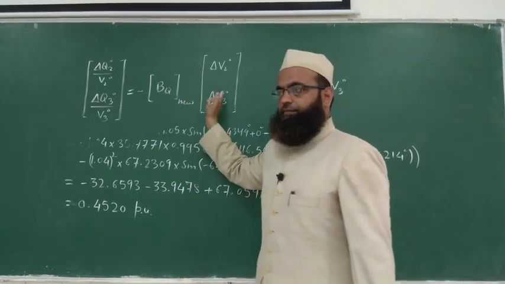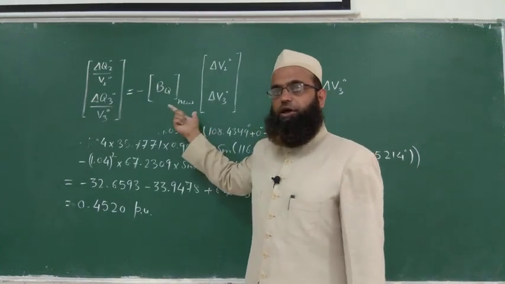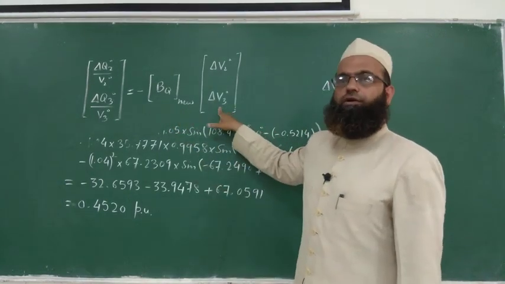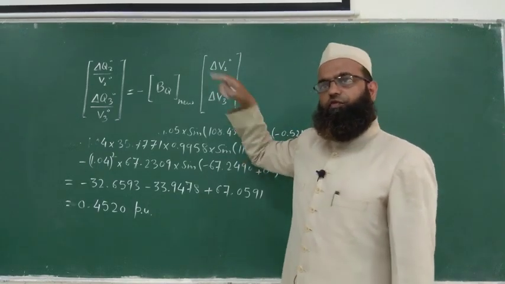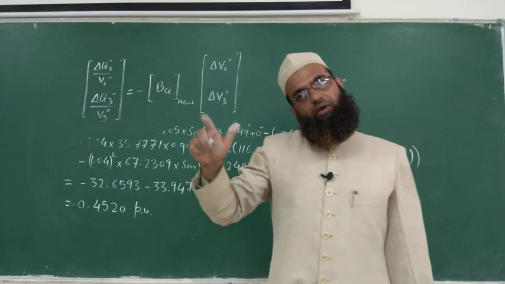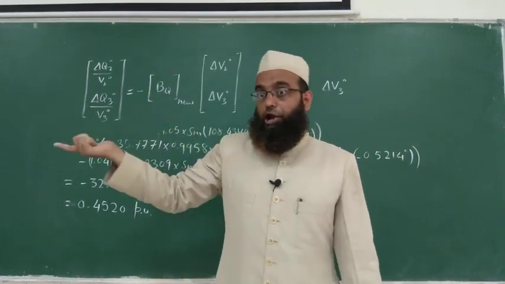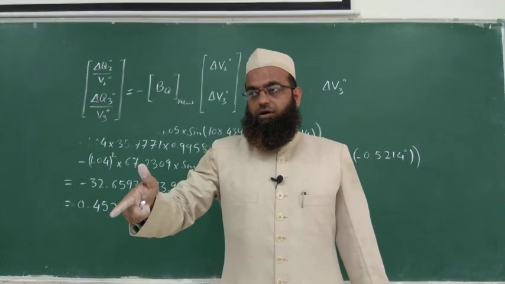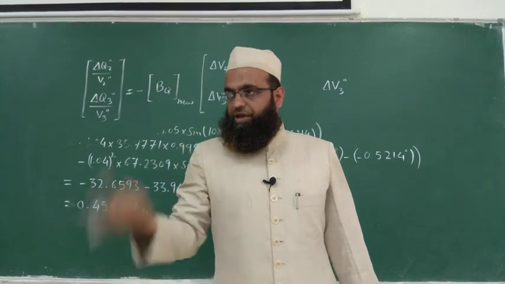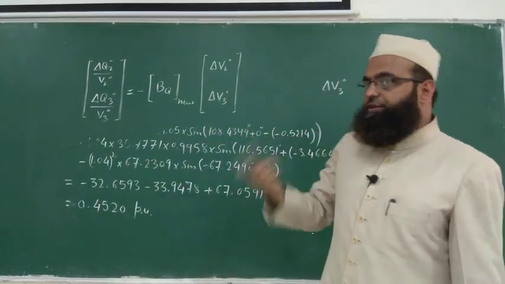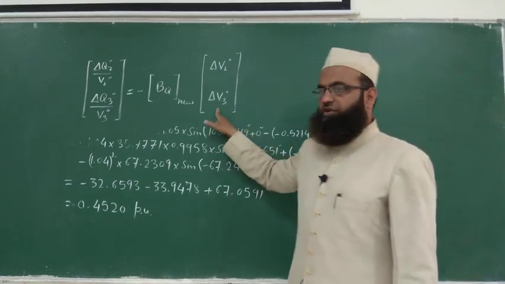Relation will be this one. You need to evaluate this BQ new again, fresh one, but you have to focus on this only. No need to evaluate this again and again, because V2 1 you have already evaluated. You have substituted that value in the calculation of Q3 1. That has violated the limit on bus number 3. So now bus number 3 is treated as PQ bus. So additional variable V3 will be evaluated with the help of del V3 0. So you have to focus on this only.